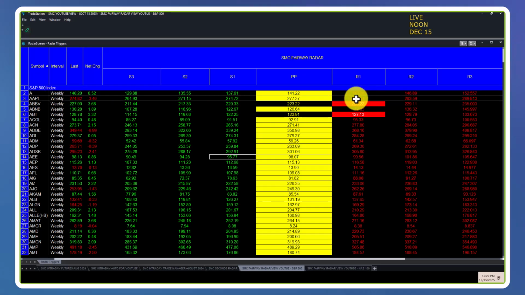If she trades above 280, this will light up. If she trades above R2, 283, this will light up. And if she trades above 289,